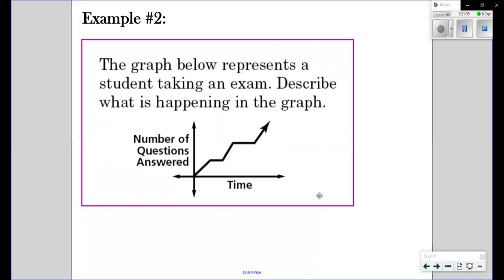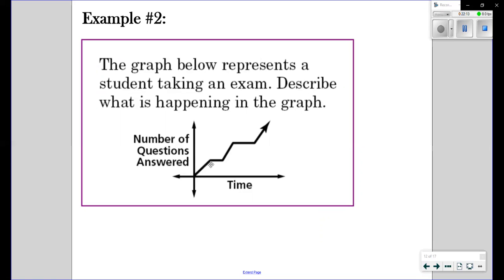Right, next one. The graph below represents a student taking an exam. Describe what is happening in the graph. Again, you're going to have your own interpretation, which is fine as long as it's accurate and it relates to what's happening in the graph. Here's my description. We have a number of questions answered and then a time. Let's say I'm the student and I'm starting off at the same time as everyone else. So this line tells me that I've answered